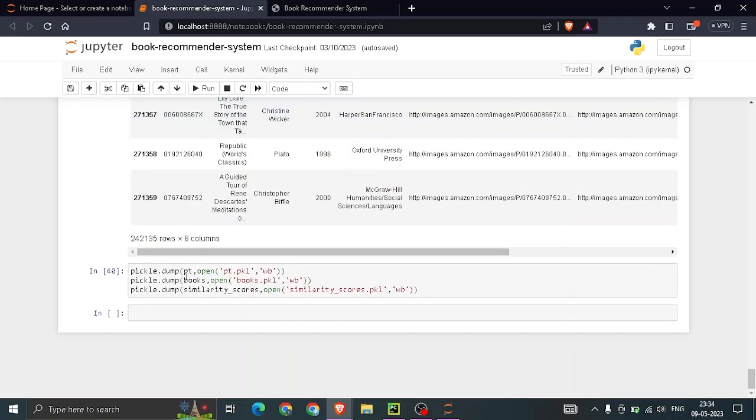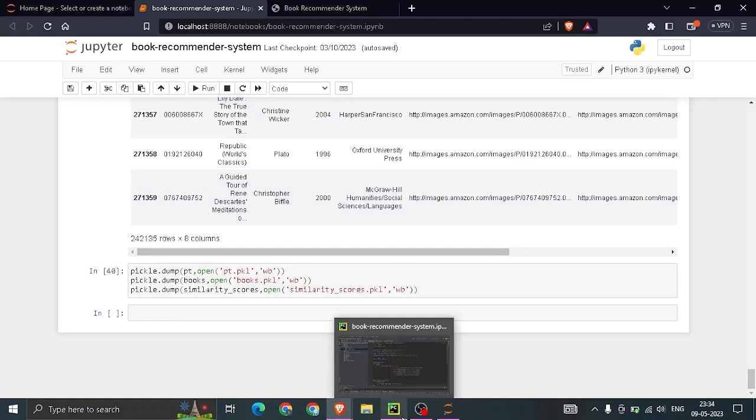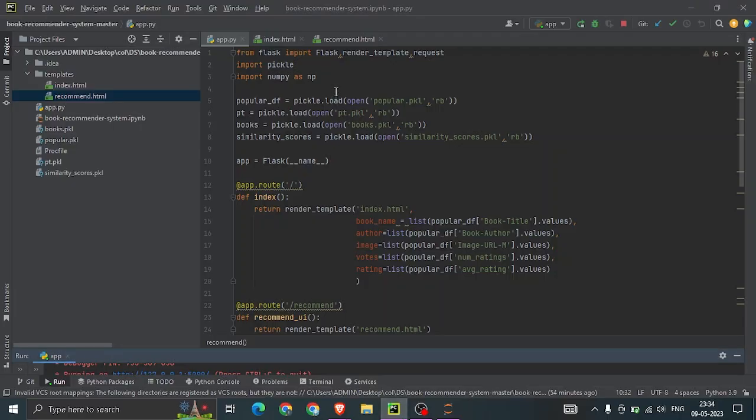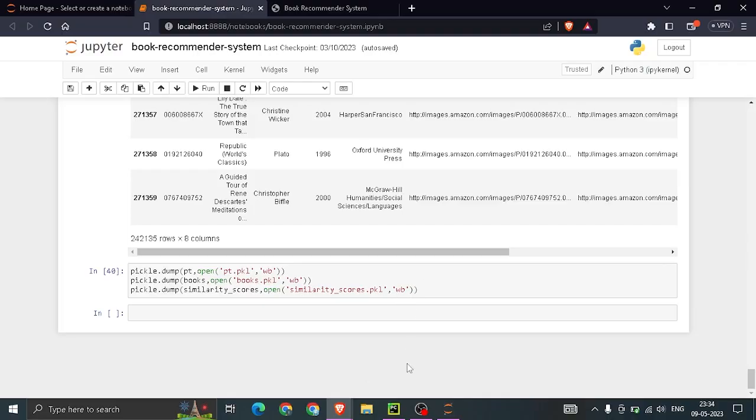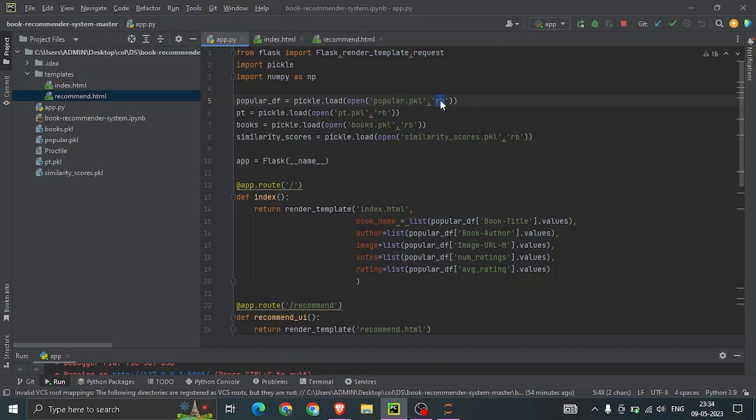So these pickle files are exported using the pickle function into Python. Here we are loading these pickle files using pickle.load. Here we are using read binary; in Jupyter we used write binary.